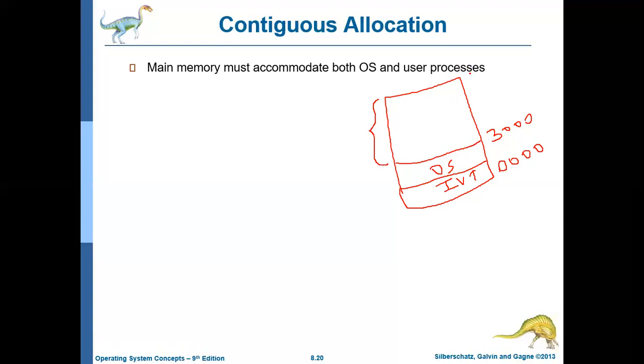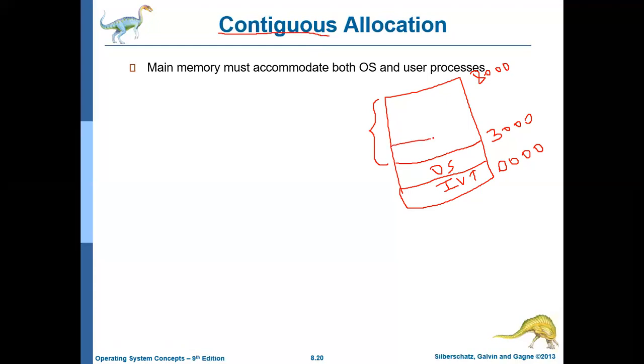Let us assume the memory totals 8000 locations. Now these 3000 to 8000 addresses will be used by user processes, in a contiguous, continuous way.